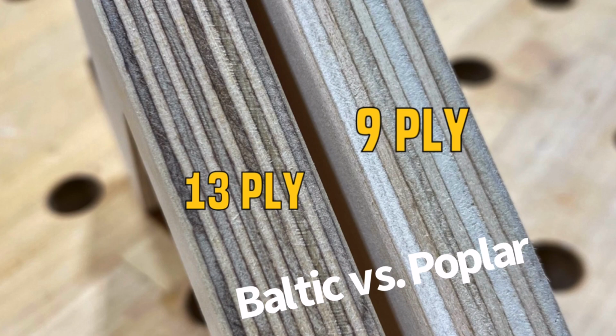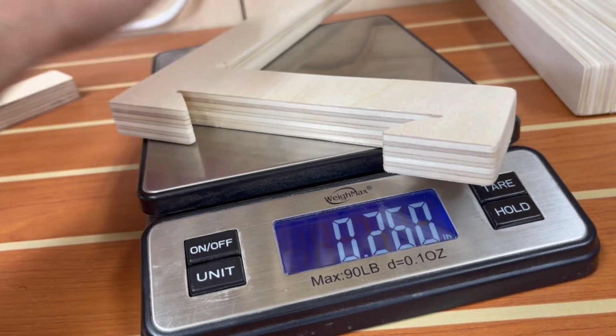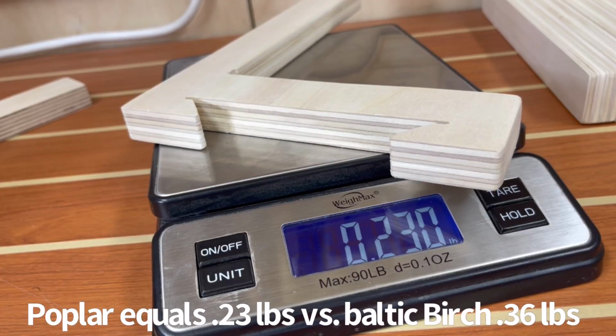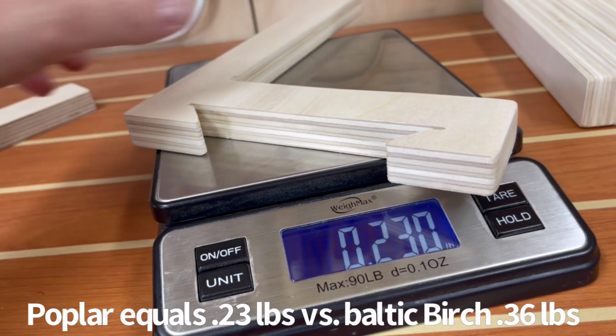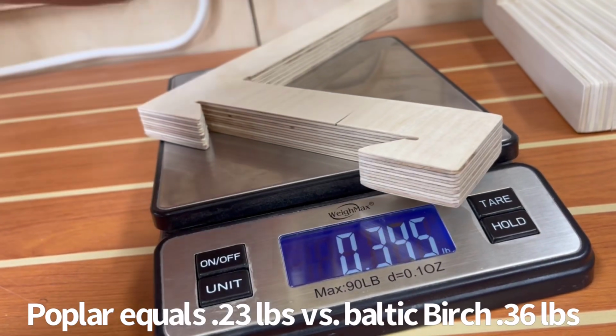One is made from birch and one is made from poplar. And they also, well, check this out, they also weigh a little bit differently as well. The Baltic is a little bit heavier while the poplar stuff is just a little bit lighter. Is there a discernible difference in strength? I'm not really sure. I haven't done any testing, but I'm pretty sure that they can hold whatever you need